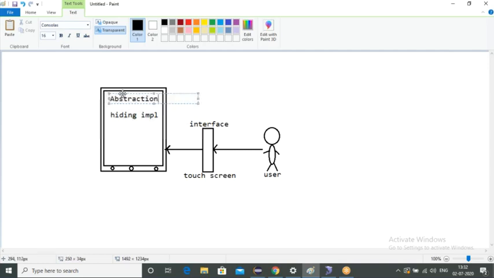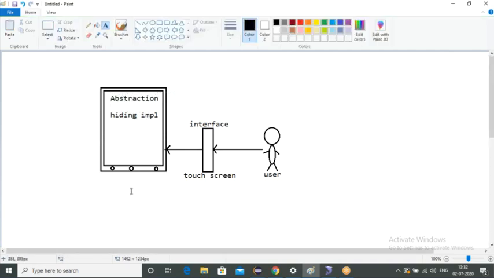Okay, now what is the outcome of your abstraction? Clear? What is the outcome of your abstraction, guys? This you might have already studied. What is the output of your abstraction?